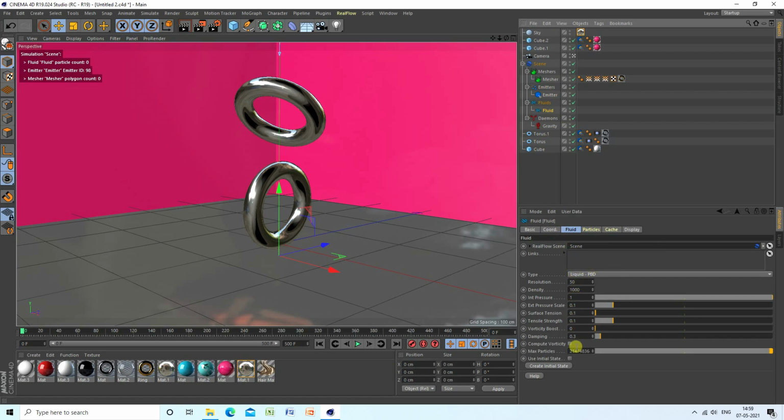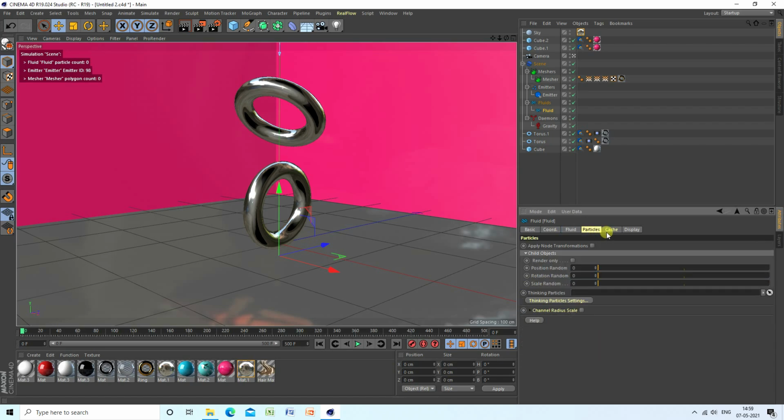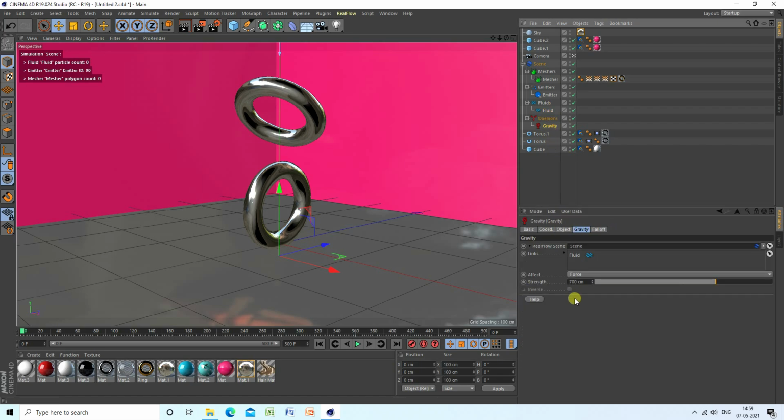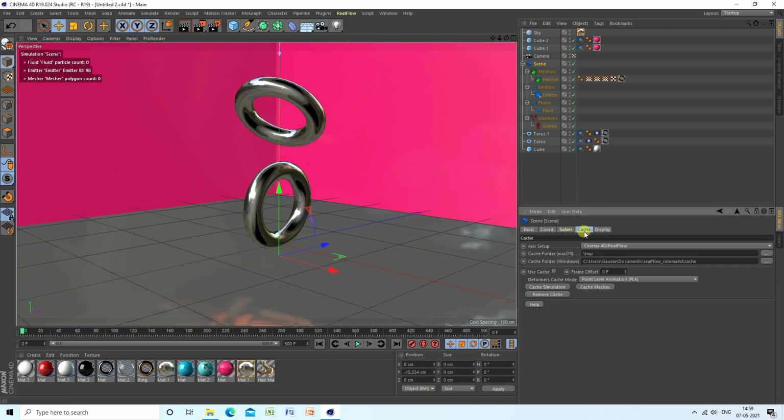If you want more smoothness, you can increase the resolution, this one, to 100, but I like 50 this time. Go to particle cache, and gravity, all is good. Go to screen, go to here, smooth cache and cache simulation, check.